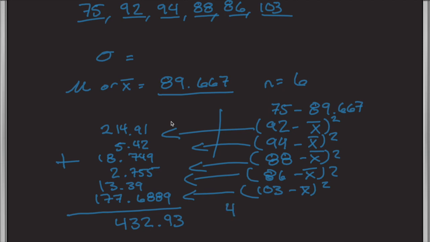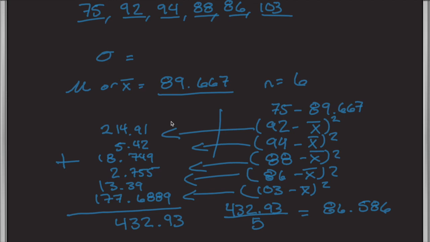So 432.93 over 6 minus 1, which is 5, is going to give us a total of, let's say, 86.586. The last step in calculating your standard deviation here is to simply take the square root of this value,